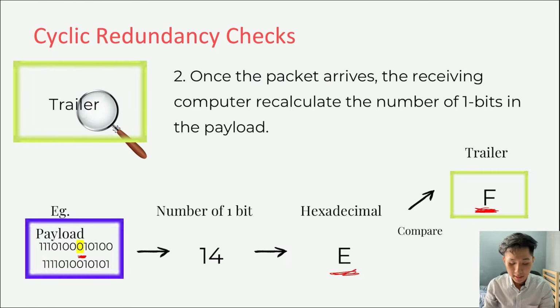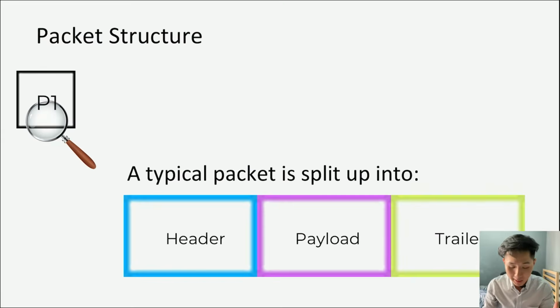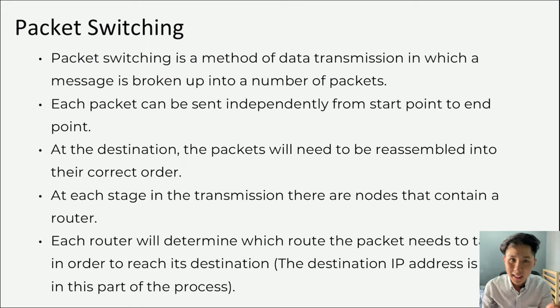Alright, so that's cyclic redundancy check. It basically works by counting the number of 1 bits in a packet. So that's the structure of a packet. So next up, we are going to discuss a mechanism where a message is transferred, called packet switching, in which